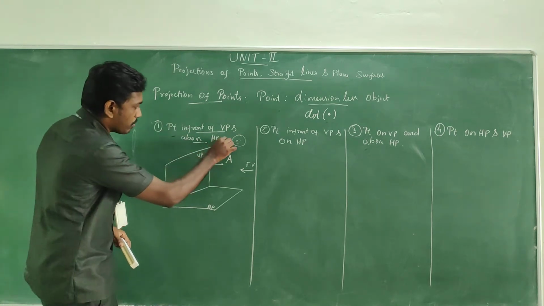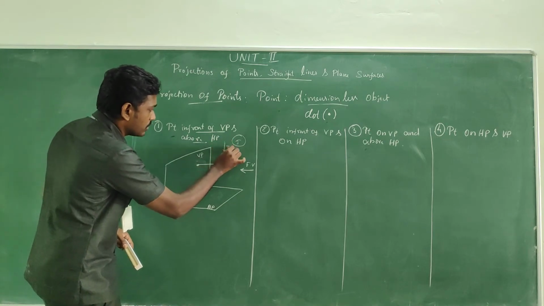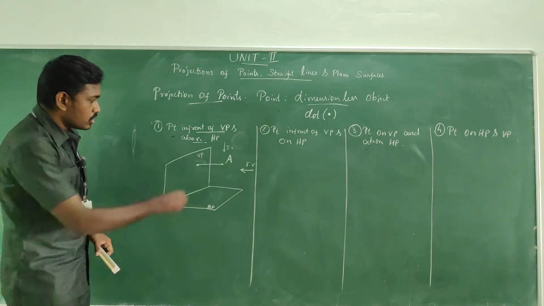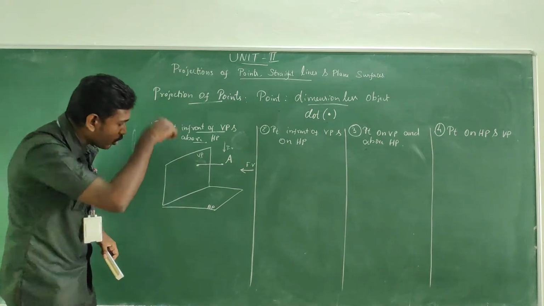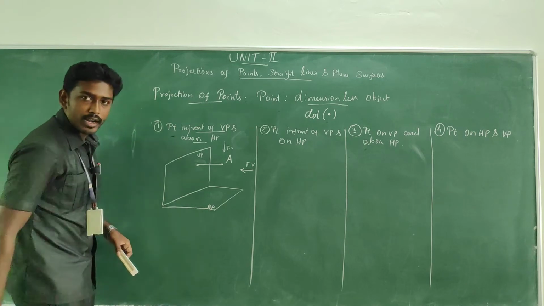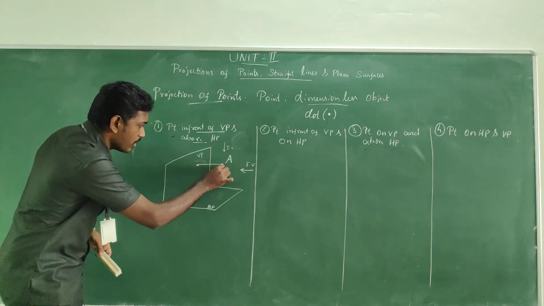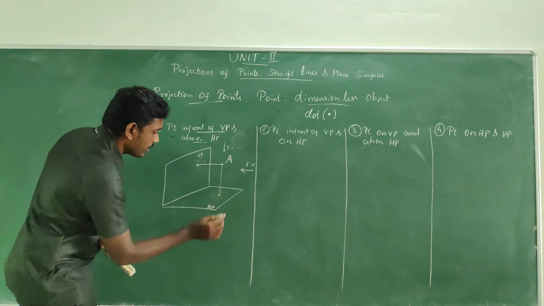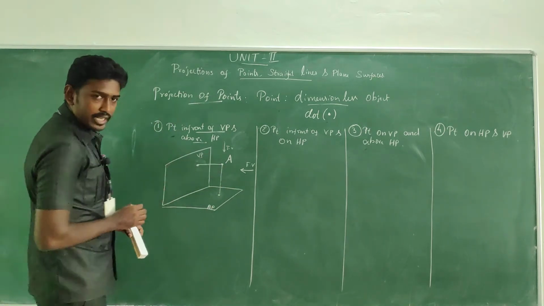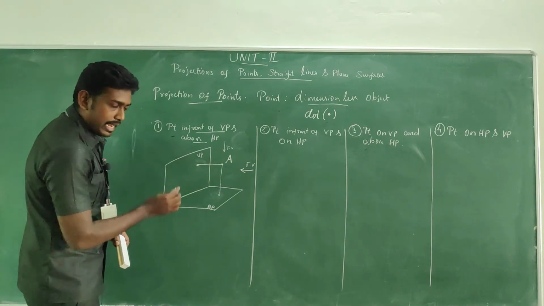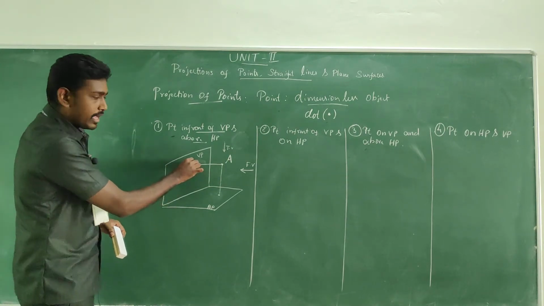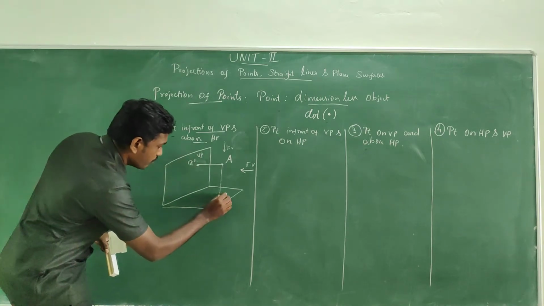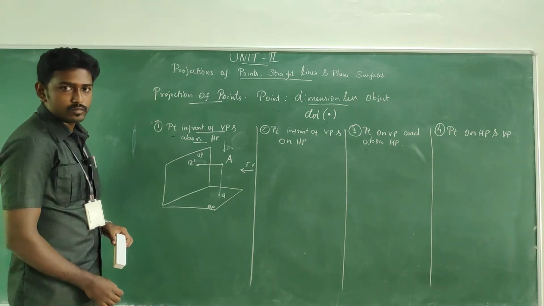So if you are looking from the top, this is the position. You have to look from the top. So if you are doing the observation, what happens? It throws the image, right? Where? On HP. So this will be thrown on the HP plane, and as far as the projection is concerned, the capital A in the projection becomes small a. In the front view, we have to capture with A dash. In the top view, we have to capture with a, right?